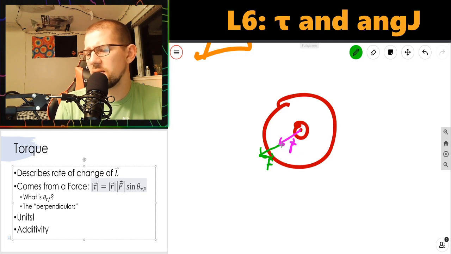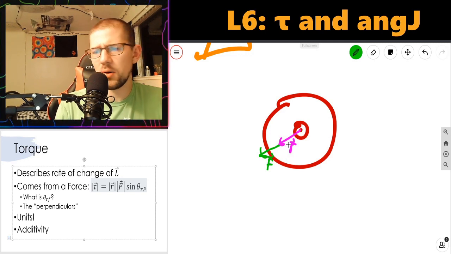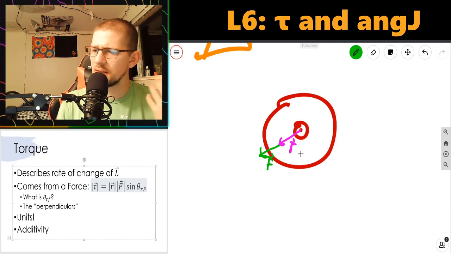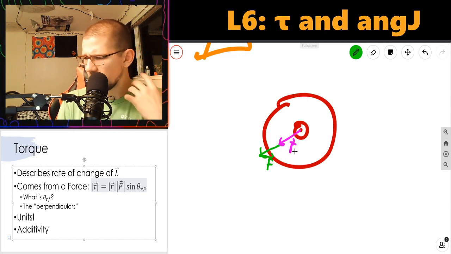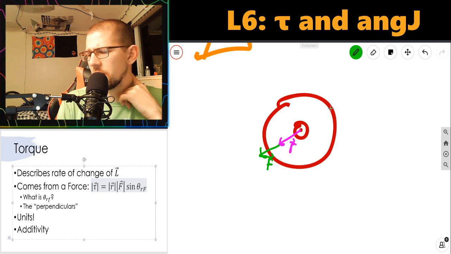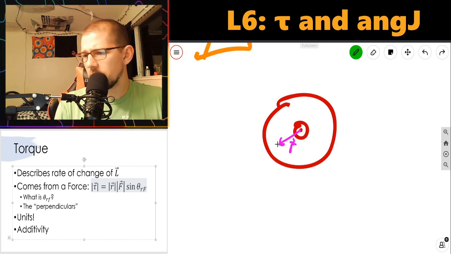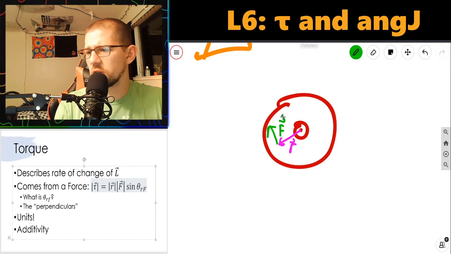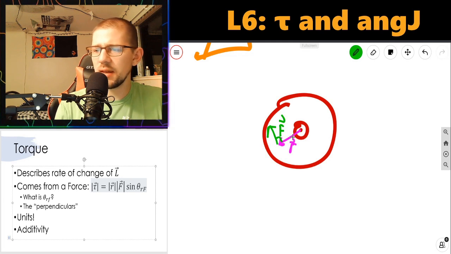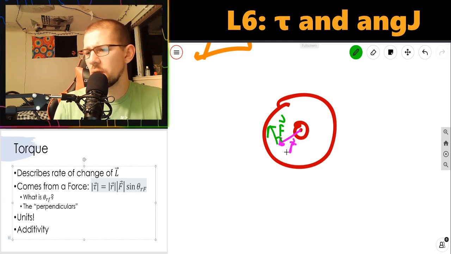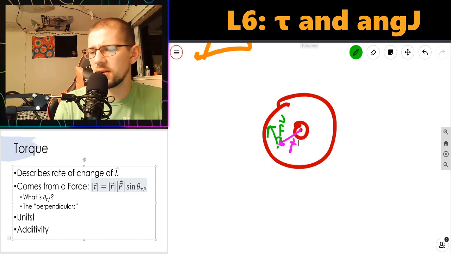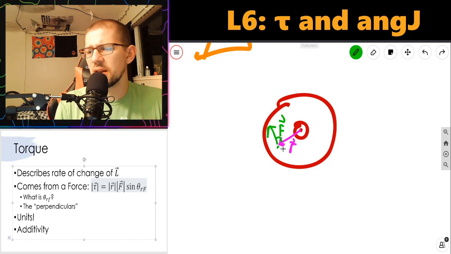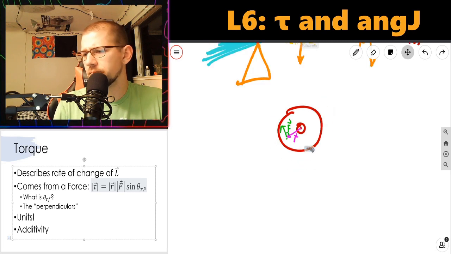In this case, theta is 0 or 180, symmetric about 90. Either way, sine of 180 is equal to sine of 0, which is 0. So there is no torque in this situation. Torque is maximized when my force points at an angle of 90 degrees to the displacement from the pivot point. So if I put my finger right here and push directly in this direction, as indicated by force, that would cause the most change in angular velocity for the amount of force that I can provide